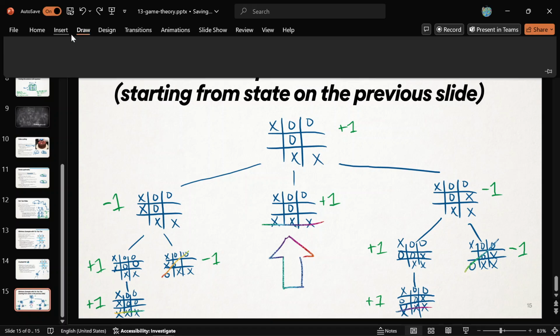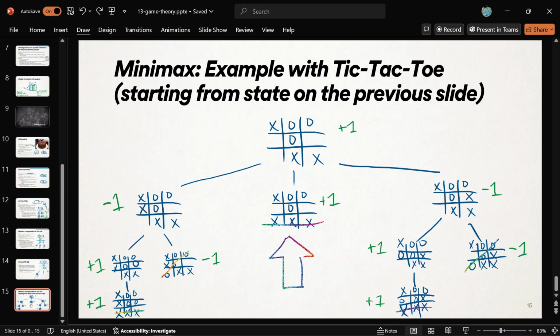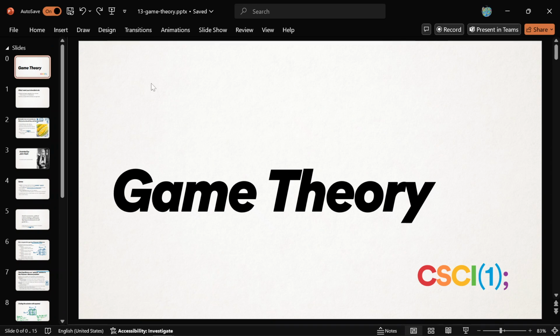You can program that with enough thought, and that is a way to win the game no matter what, or at least tie. You can do this from the initial game board, and you'll figure out the best move is probably to start in the middle if you're X, something like that, which guarantees the best outcome for you. I hope that makes enough sense. And so that's finally an example of actual game theory in a game. This is also technically an artificial intelligence kind of algorithm, but you might see more about it if you learn more computer science. I think that's what I wanted to talk about for game theory.